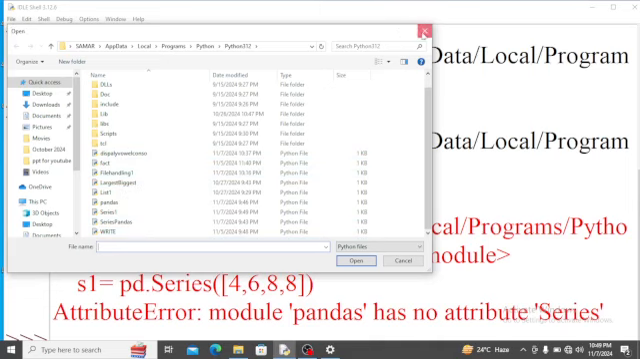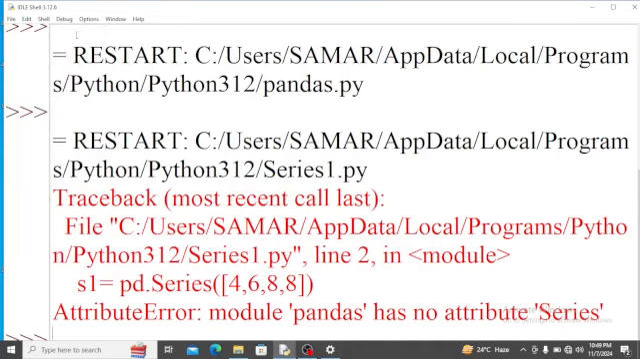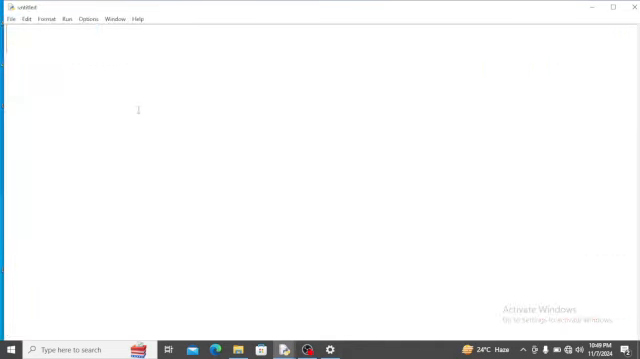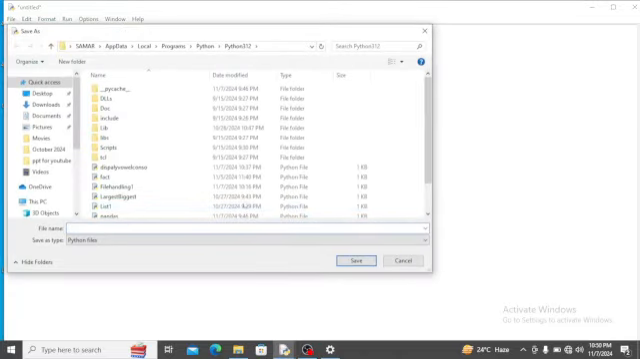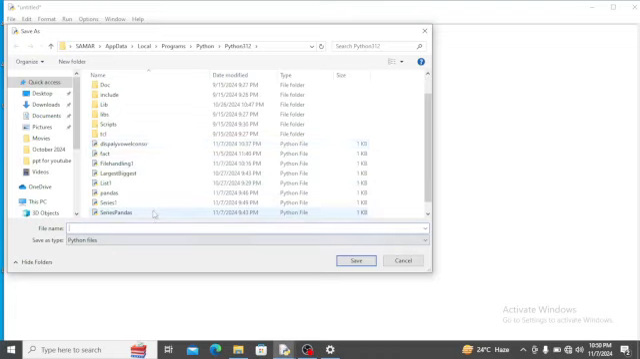First of all, if you want to import pandas, then you need to create a new file. And here you need to write import pandas as pd, and we'll run it. The source must be saved, so I'm getting the file prompt,